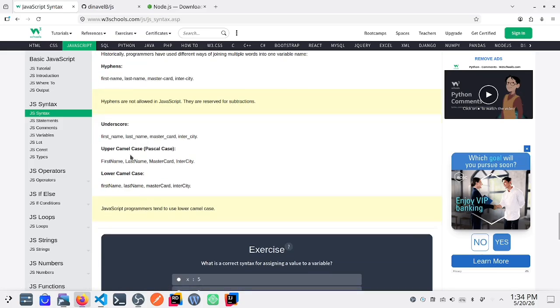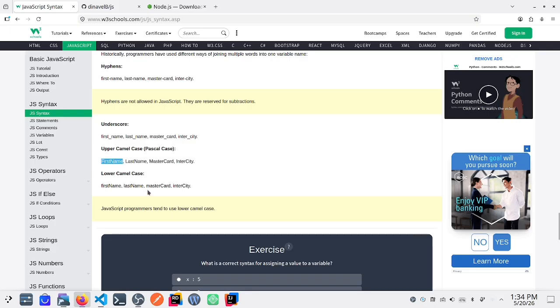Okay, so we tried the expressions. Camel case, upper camel case: this is the identifier style on how you name it. We can see here underscore, upper camel case, Pascal case. Uppercase, known as Pascal case, has a big capital letter first and a big capital letter for the second word also.